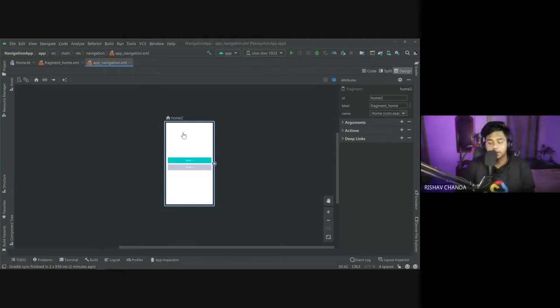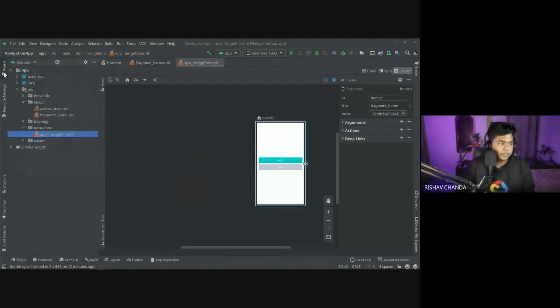Okay, try to delete that one. Go to the project, and in the navigation folder, delete the whole navigation folder and try to do it again.